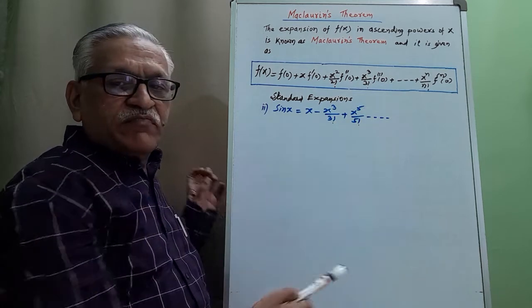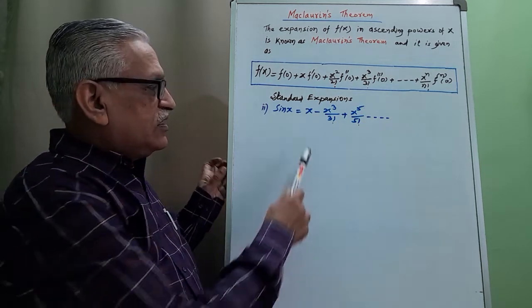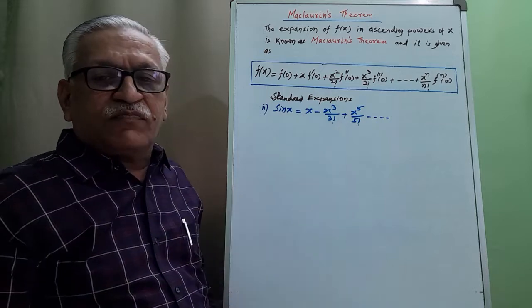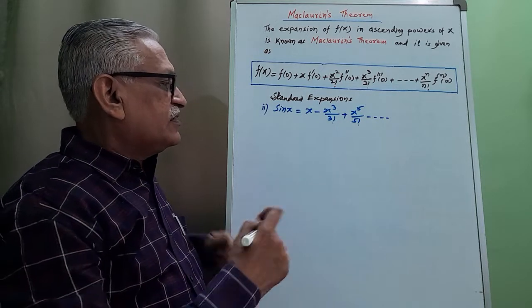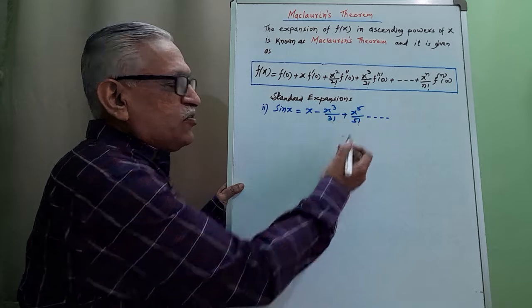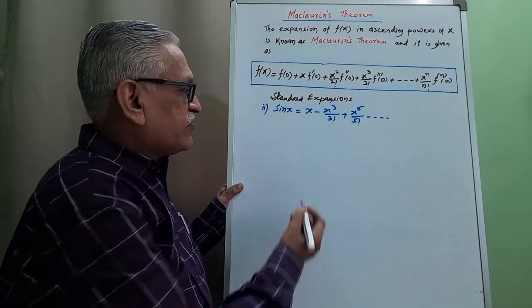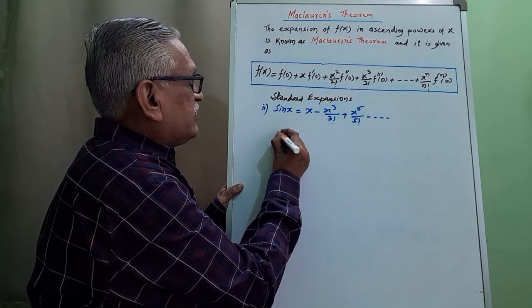Second result, prove that sine of x is equal to x minus x cube by 3 factorial plus x raised to 5 by 5 factorial and so on. Here it is in terms of increasing powers of x, and it exists for odd powers of x only. And therefore to prove this, let